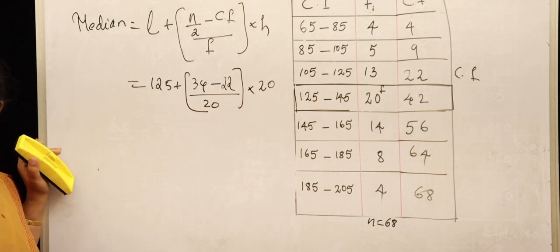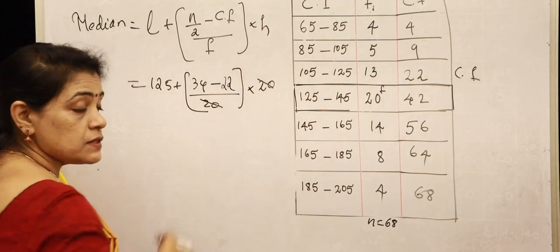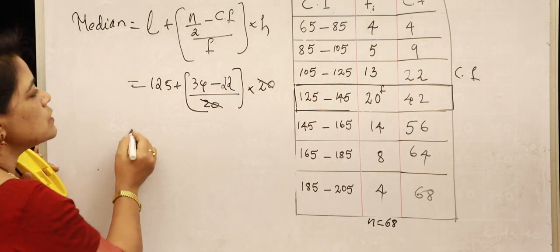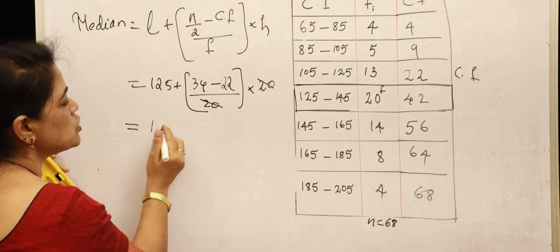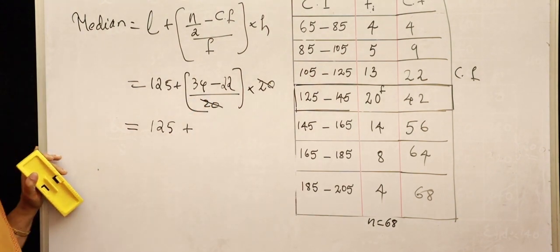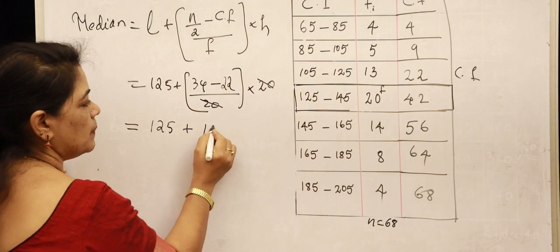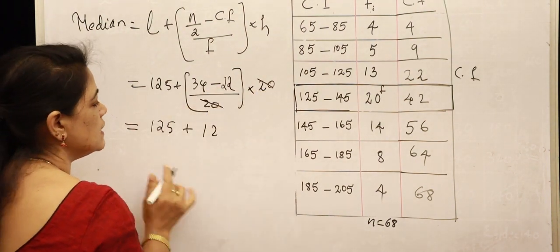Okay, that is clear, children. So you can easily reduce this 20. So 125 is the lower limit plus 34 minus 22, that is 12. 34 minus 22, this denominator and numerator get cancelled. That means